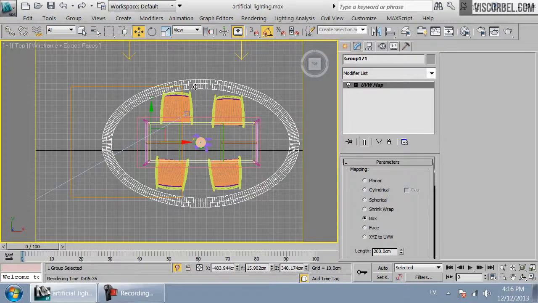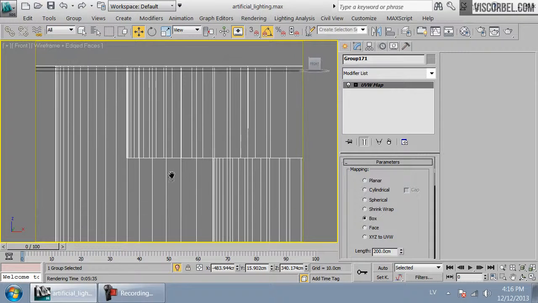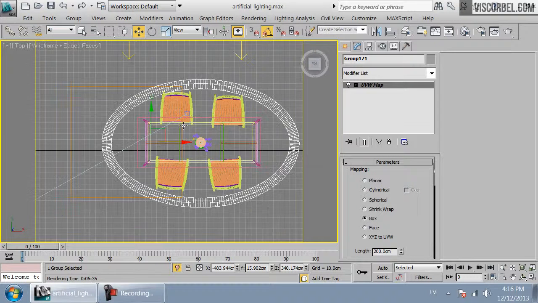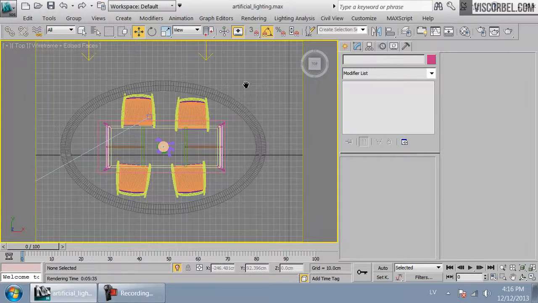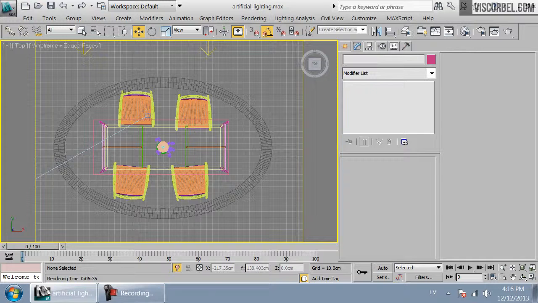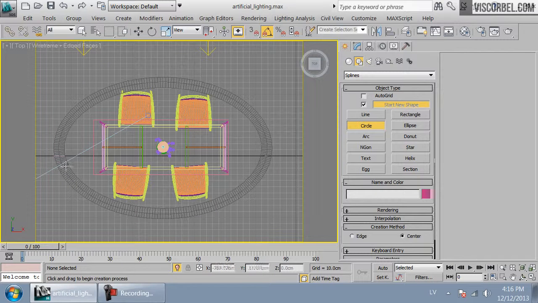Okay, so I'm gonna zoom in and you can see that I have the same type of ledge, but this time facing inwards. And what I want to do is I want to position some lights right here and point them upwards towards the ceiling. And the easiest way to do this is simulate the way it would be done in real world. Basically you have a bunch of LED lights or something like that arranged in a pattern. Since I have this squished circle pattern, I can just trace it